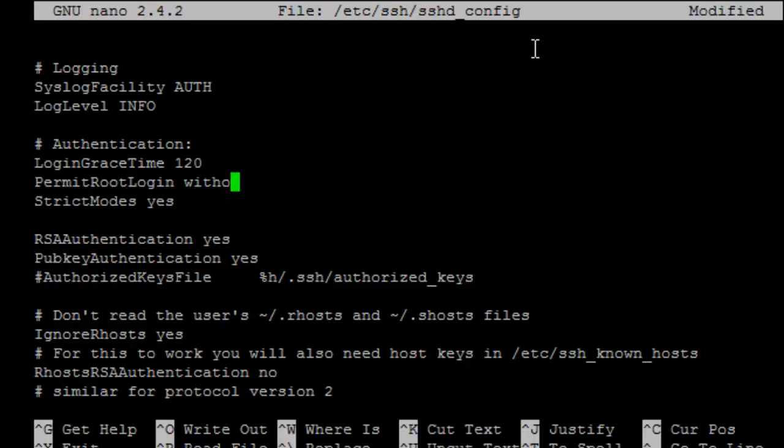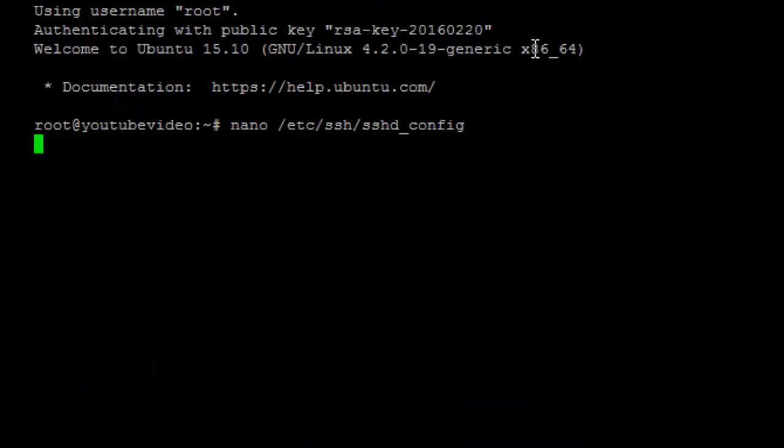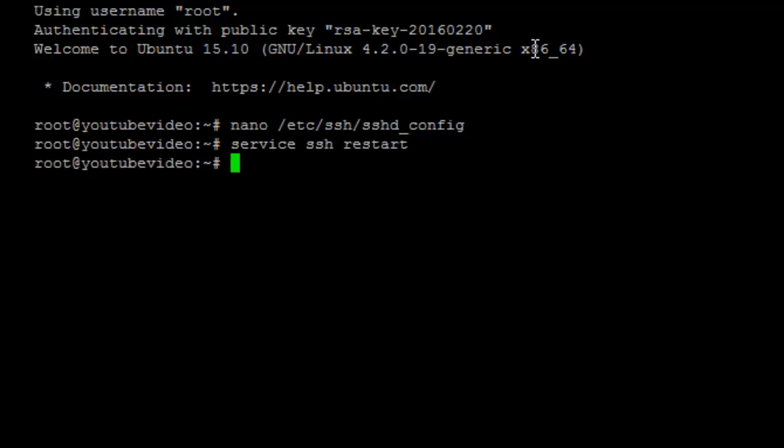and then I'm going to type in without-password. And then hit Control X, then Y, and then enter. And then I'm going to restart the SSH server again: service ssh restart. Okay. So now I'm going to close PuTTY, and open another PuTTY window,